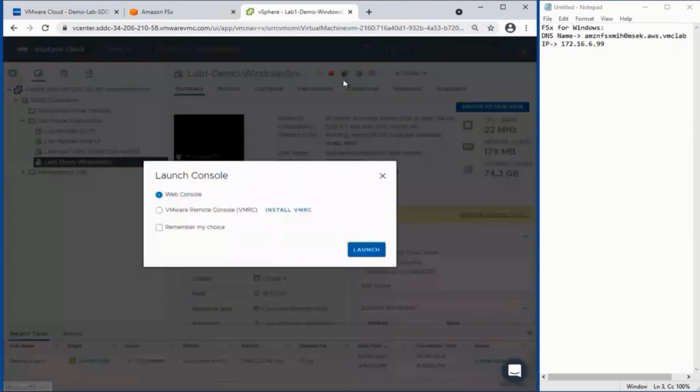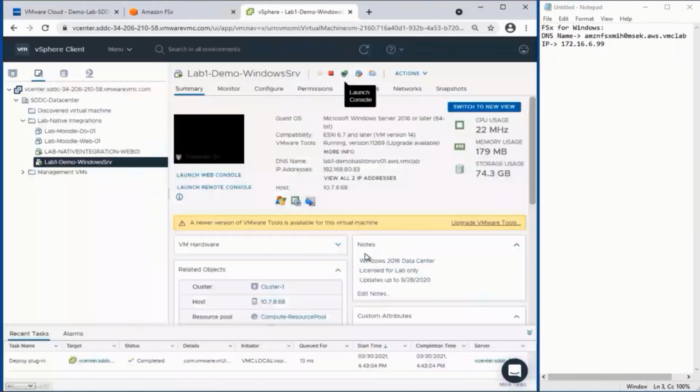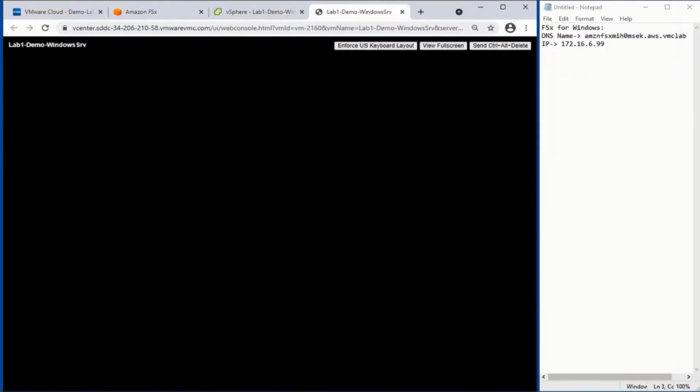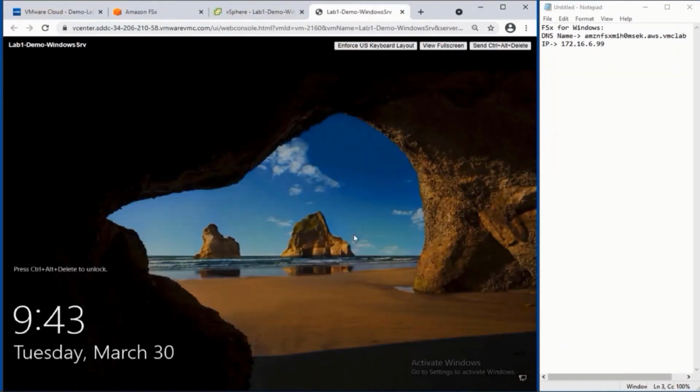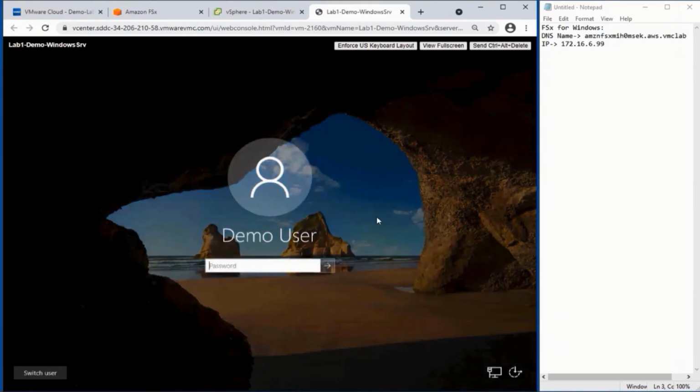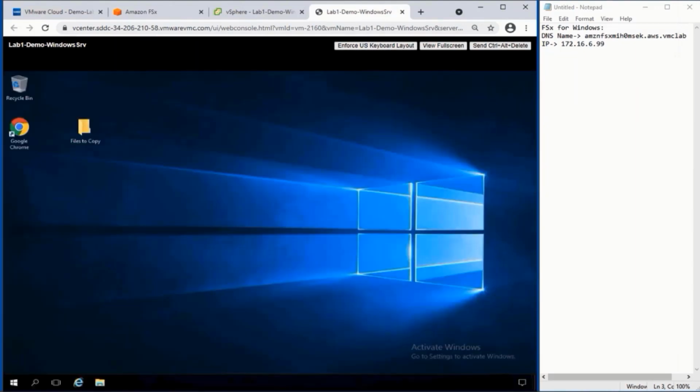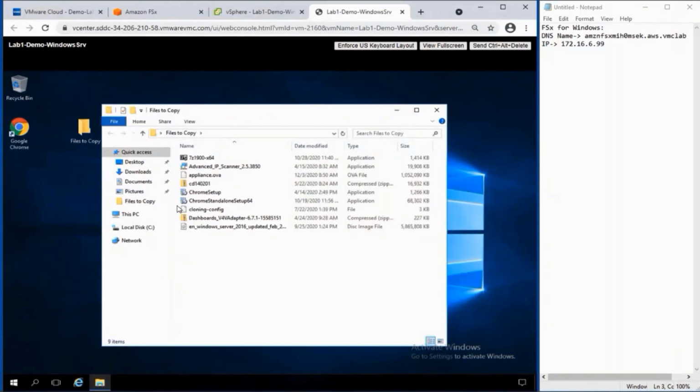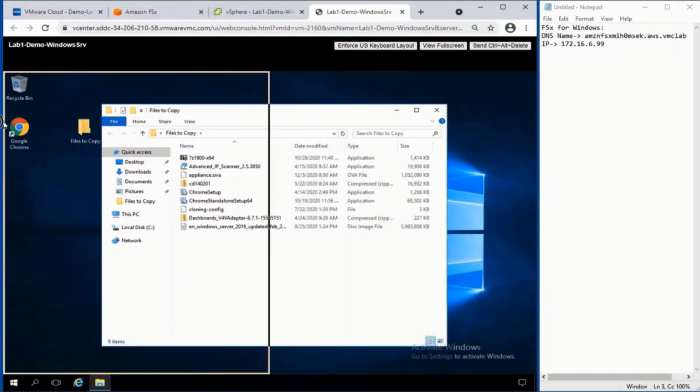It's already been added to our domain, and we're going to open up a console directly into it. Once we have that open, we'll log in locally to this VM. Once we're logged in, we have our desktop. We have a files to copy folder that we've already created, and we have about 6.7 gigabytes of files in